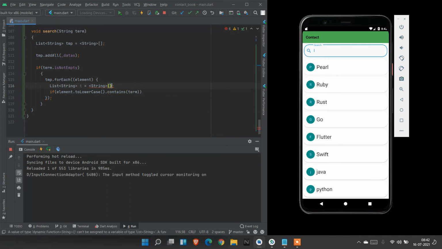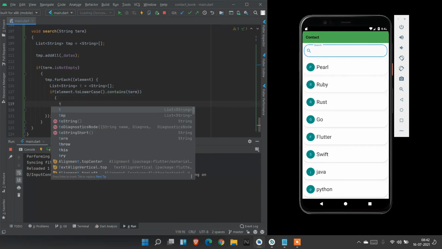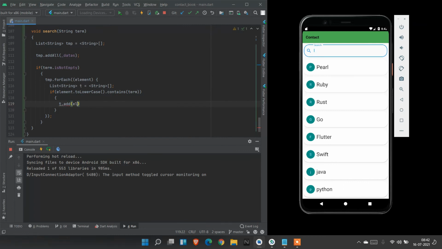Search term. If the element is found, we need to add the element to the T list. T dot add of element. Now we added the element.